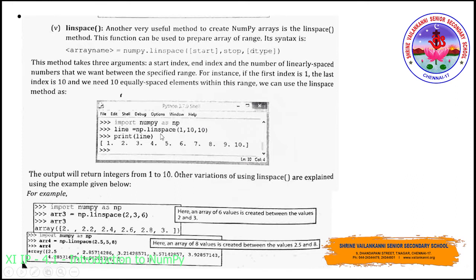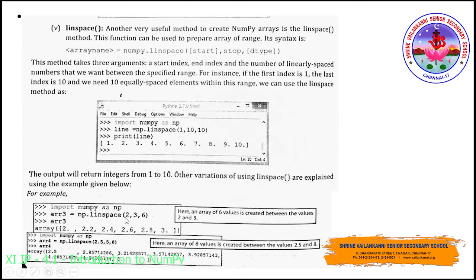So look at this example. np.linspace of 1, 10, 10 they have given. The starting parameter is 1, the ending parameter is 10, and this last 10 represents that totally I wanted to display 10 equally spaced numbers. Yes, starting from 1 till 10, I wanted to display only 10 numbers in between. So for that purpose we specify this 10 over here. When you print it, by default it will take the floating point data type, and see what happens here. Starting from 1 till 10, 10 equally spaced numbers will be displayed.